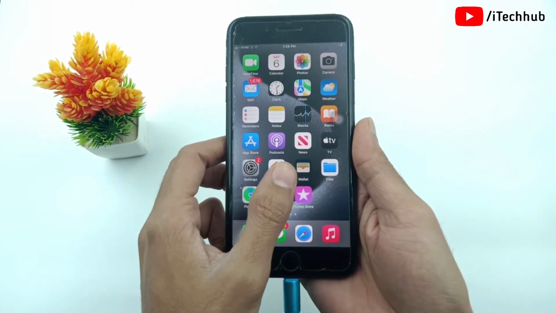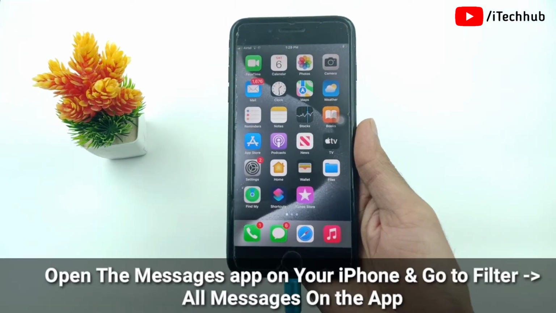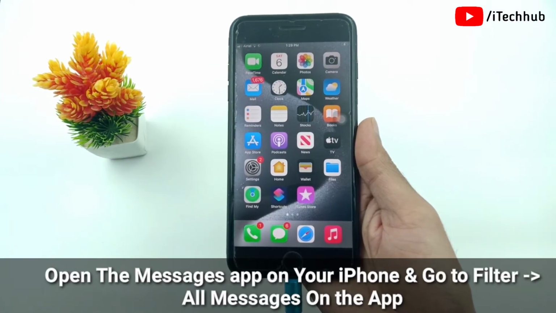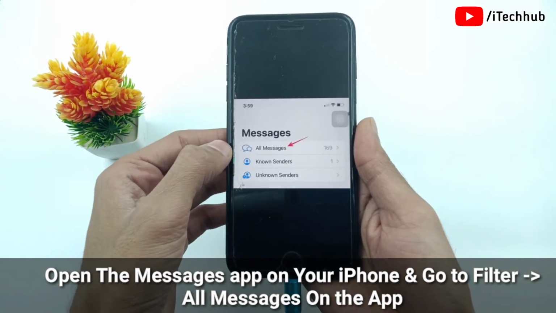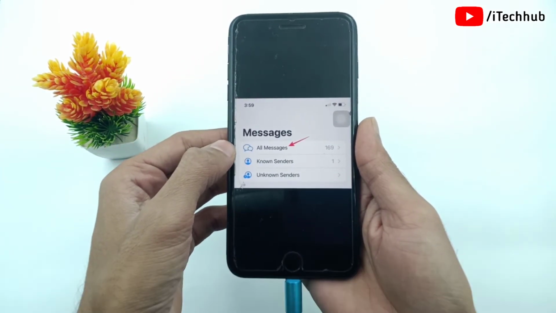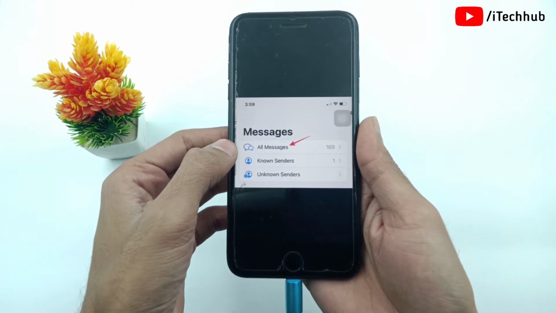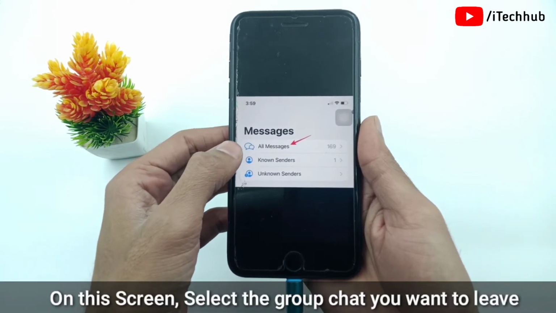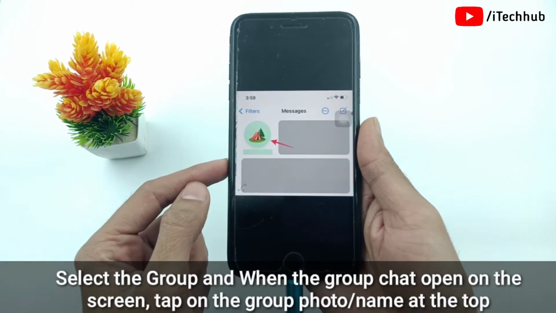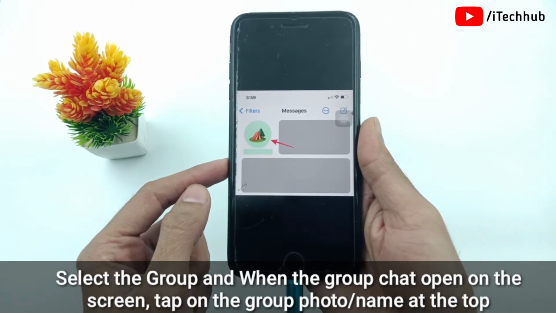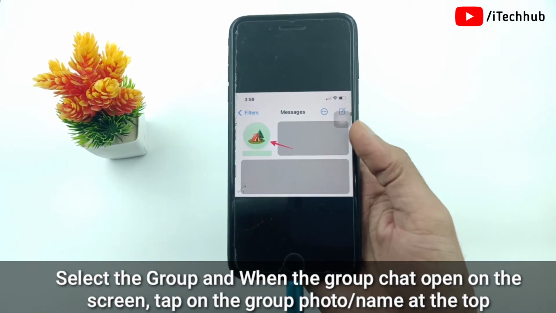To leave a group on iMessages, first of all open the Messages app on your iPhone and go to the filter section. In the filter, the first option is all messages on the app. On this screen, please make sure to select the group chat you want to leave. Select the group, and when the group chat opens on the screen, tap on the group